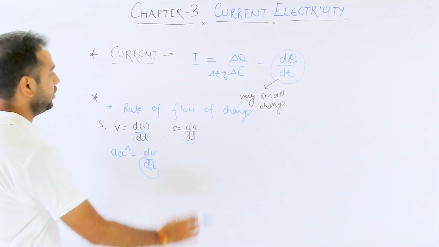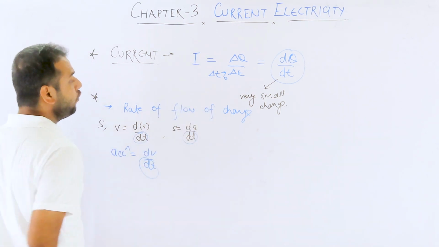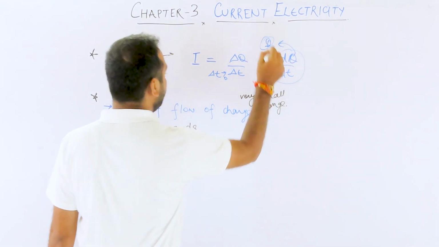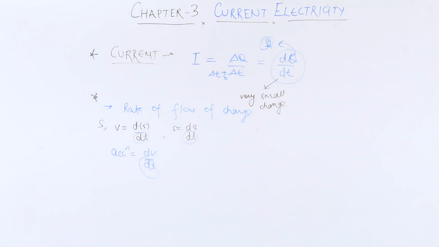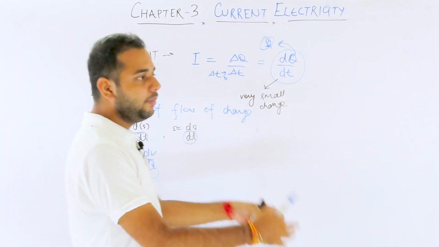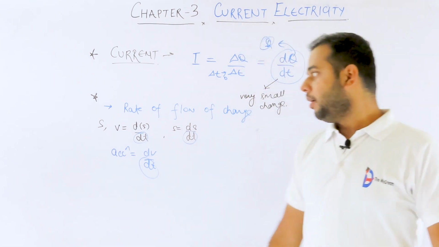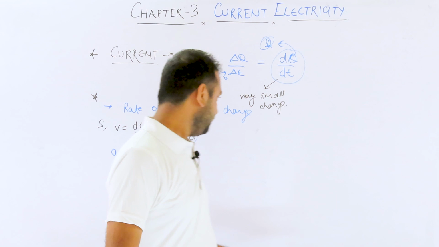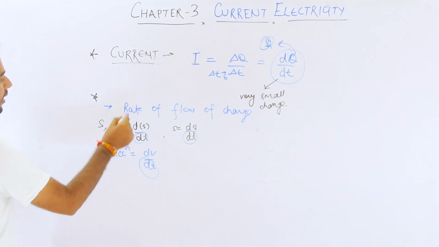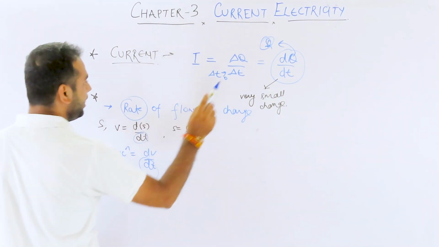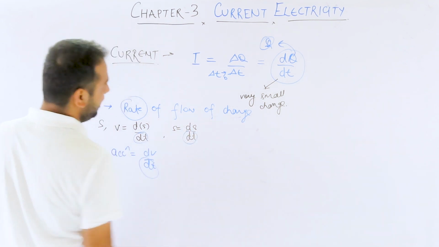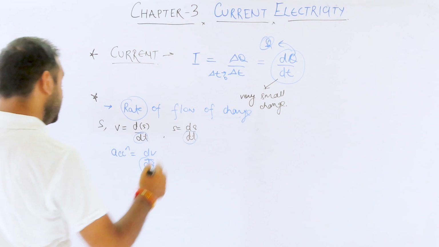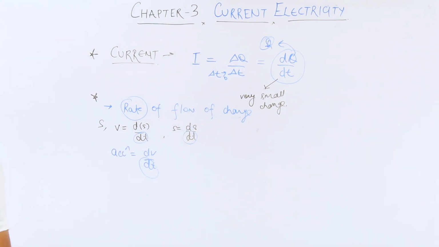Now we are talking about the rate of flow of charge. So in the numerator I have q instead of s or v. That's how things are very relatable in physics. You have to keep in mind again and again that whenever you hear a quantity called rate, you have to divide that thing by time. So rate of flow of charge means how fast something, here charge, is moving in electricity.